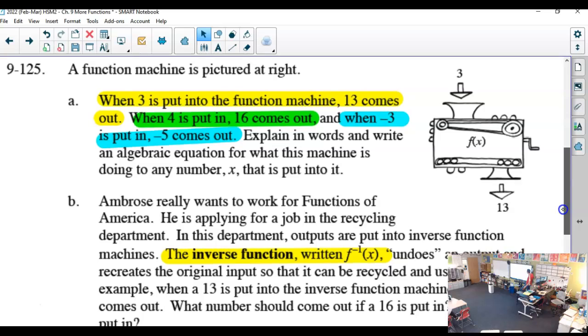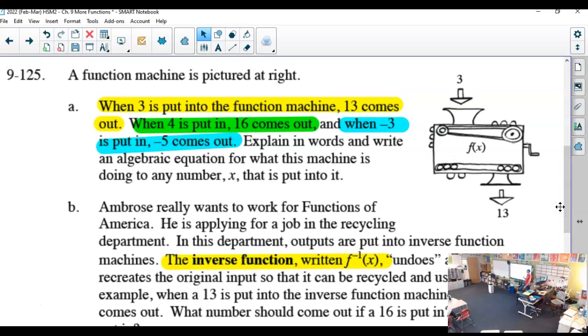So, certain one-step functions are going to be easier for us to think about than others, but it's all the same mindset of how do I take something that has been done and undo it, or apply the inverse function to essentially turn everything around. So if we have one of these function machines, quote unquote, that when we put 3 in, 13 comes out. When we put 4 in, I'm going to start to color code this to make life a little easier. I got it. Do you got it? It's multiplied by 3, add 4. When we put 4 in, we get 16. When we put negative 3 in, we get negative 5.